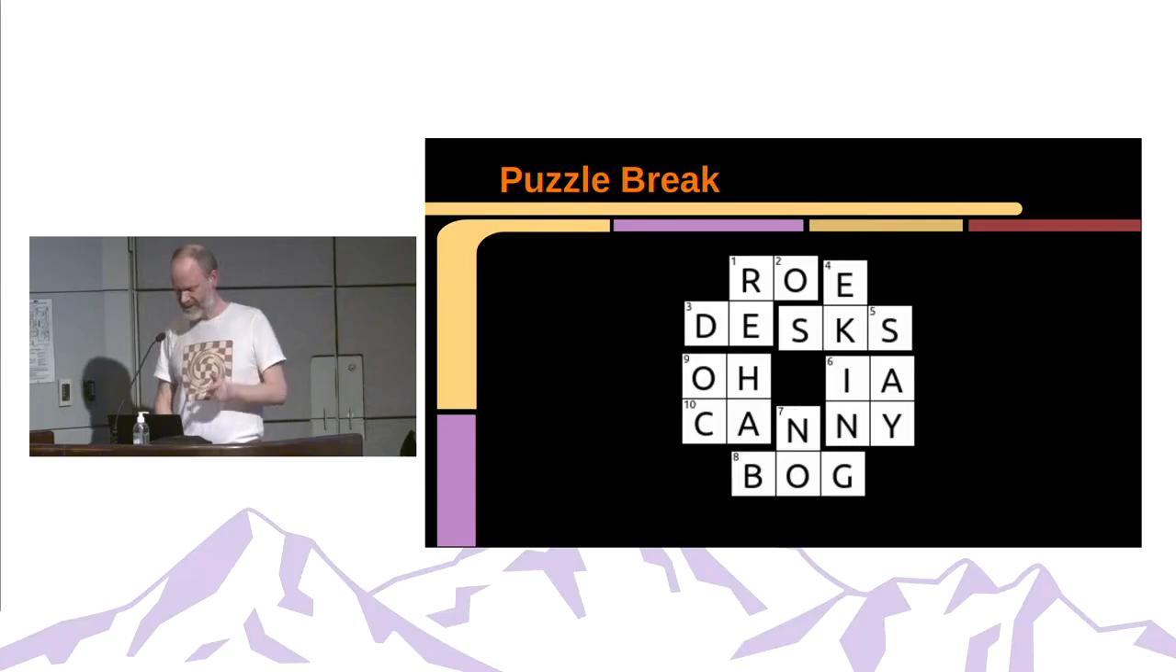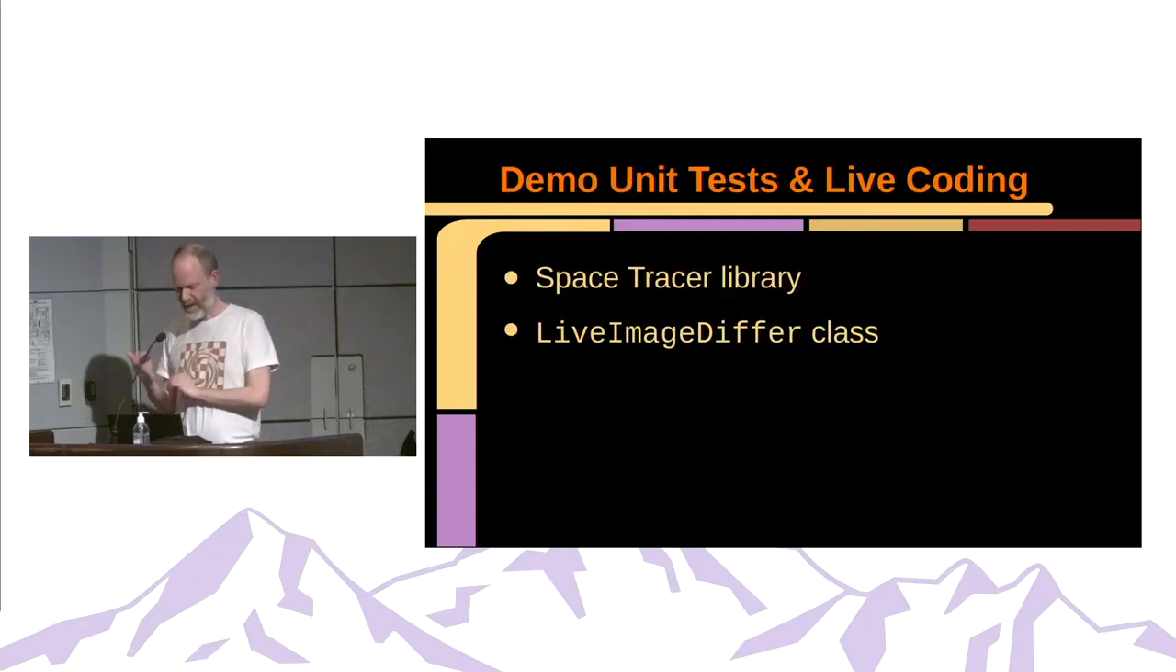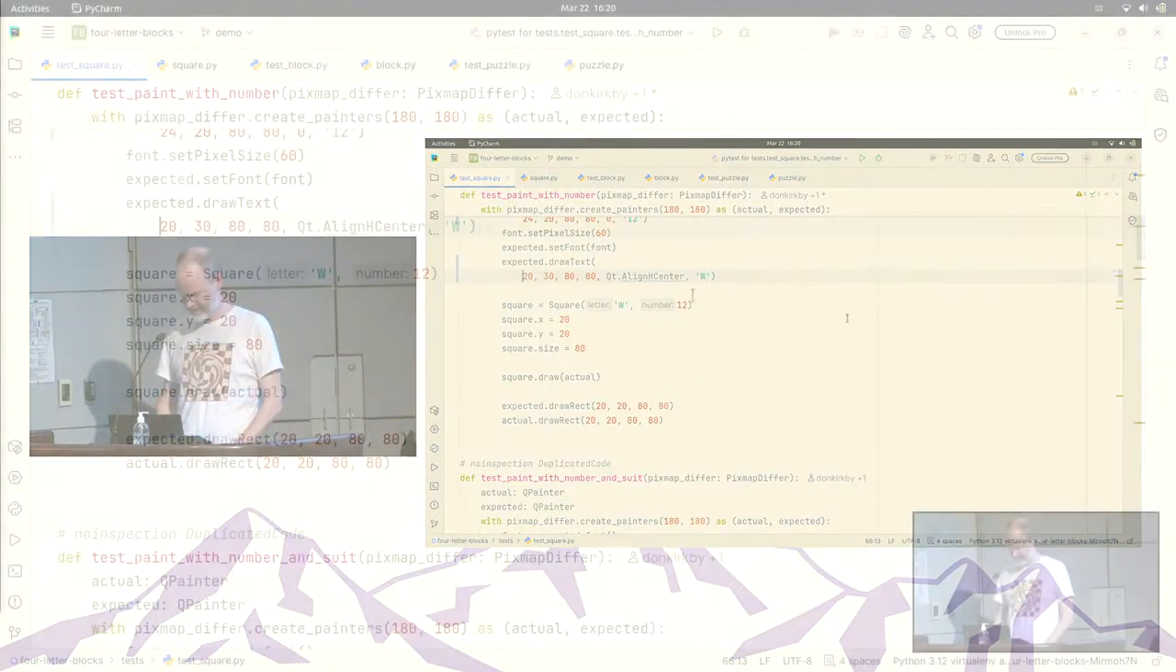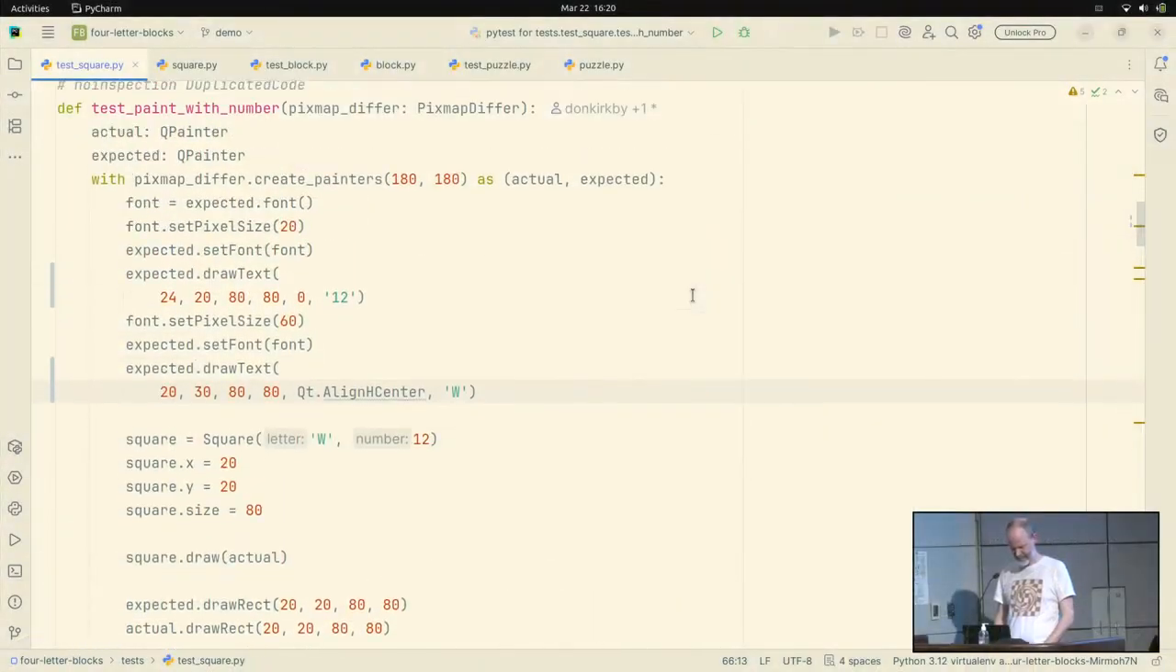So what does the code look like? Well, as part of the live coding environment, I also published it as a standalone library that includes some testing tools like this live image differ class. And it's very similar to what you saw with the matplotlib. So here's an example. So I'm taking one of those squares with a letter on it, a letter and a number, and if I run it,